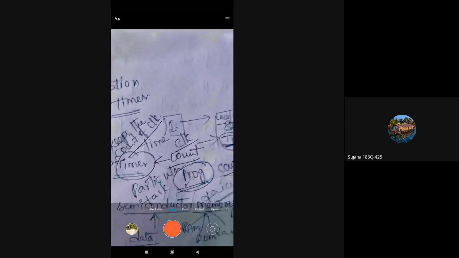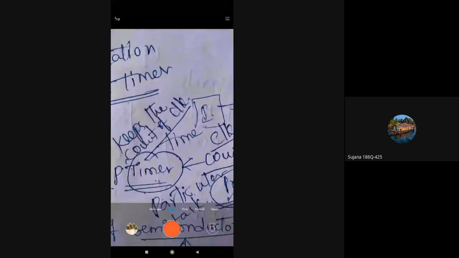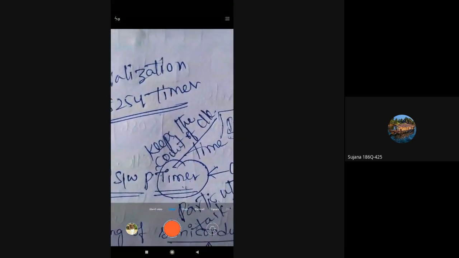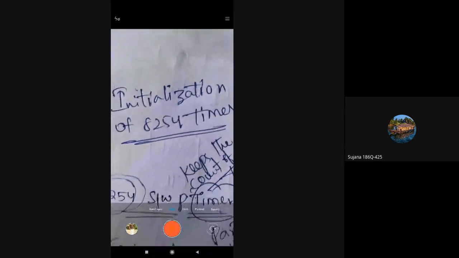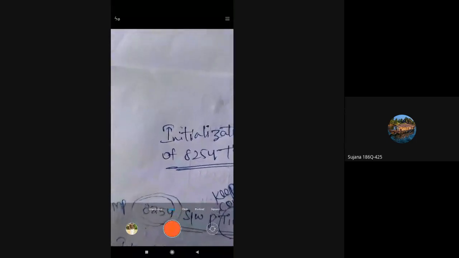That means how the system address is defined, how we can generate the code word, how we can control the code words for 8254 timers, and how the initialization operation is done for the 8254 counter. That we will discuss in the next class.